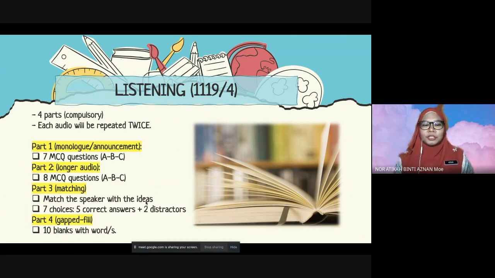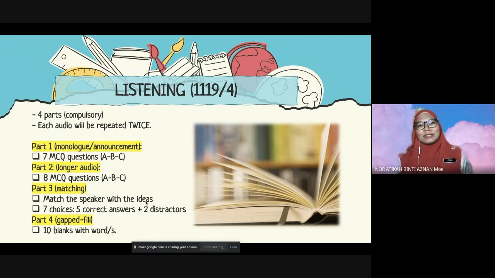And for part 2, there will be a longer audio. It becomes even more challenging. And there will be 8 MCQ question. Then for part 3, there will be matching. You have to match, padankan, match the speaker with the ideas. There are 7 choices, ada 7 pilihan. And 5 correct answer,